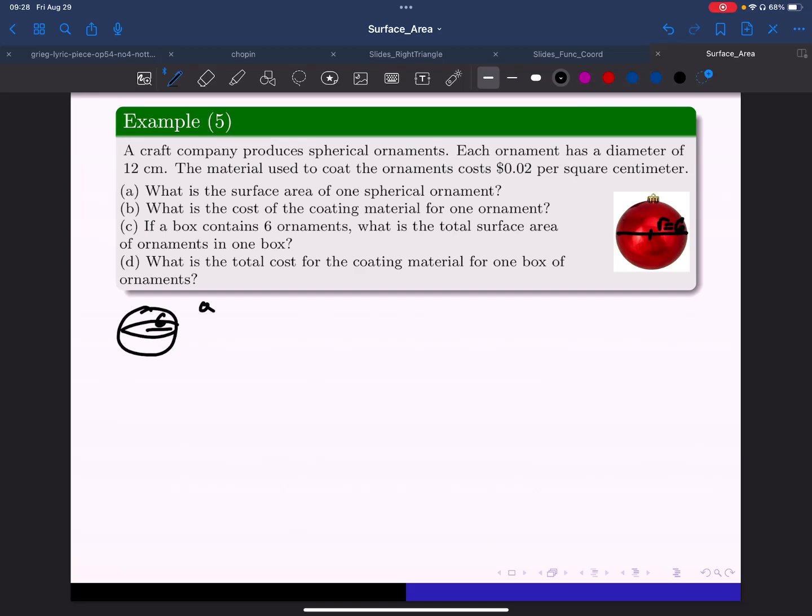For part A, the surface area of the sphere is calculated as 4 pi r squared. So the surface area is going to be 4 pi times 6 squared. 6 squared is 36 times 4 is 144 pi, which gives me